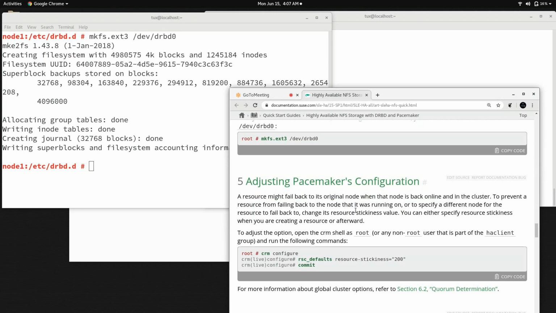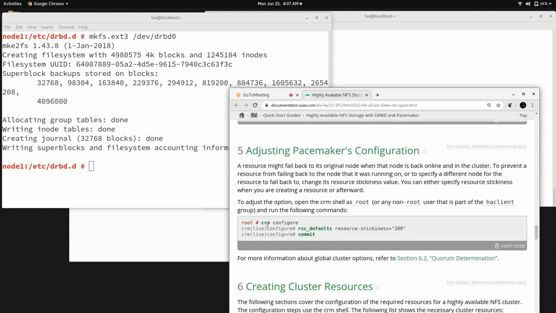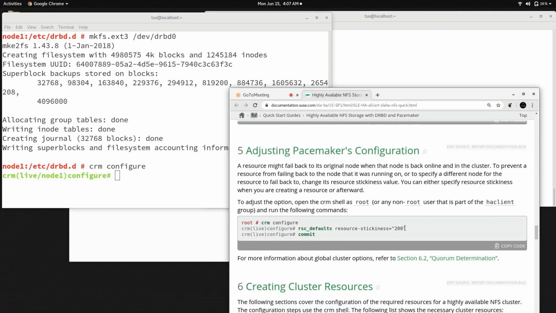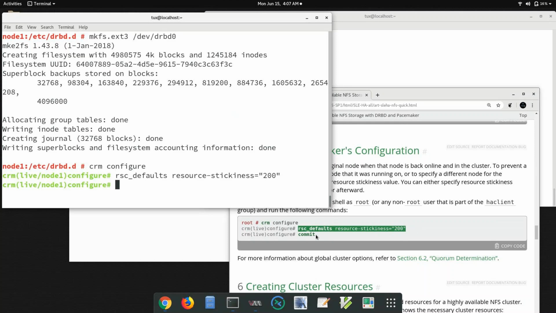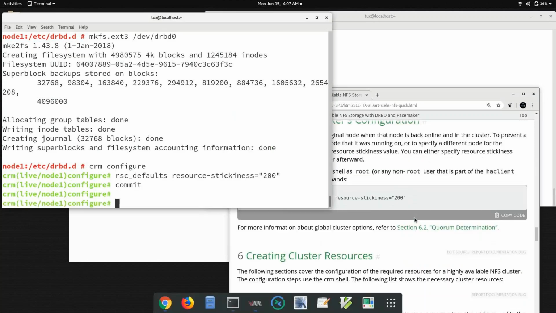So you can create a stickiness number, which I'm not going to discuss, but this is how you can control this default behavior, because it is a part of the cluster. Enter, and then this one, and commit. So that is done.